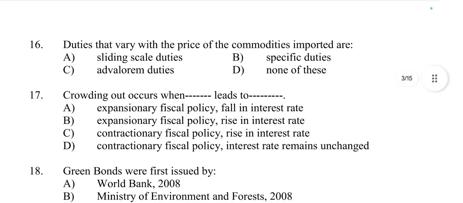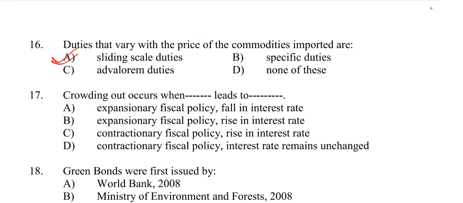Then question number 16. Duties that vary with the price of the commodities imported are sliding scale duties, specific duties, ad valorem duties, or none of the above. Duties means one type of tax. So duties or tax that vary with the price of the commodities. When the duty or tax varies according to the price of the commodities, it is called sliding scale duties. It is also known as variable duties, meaning changing duties,